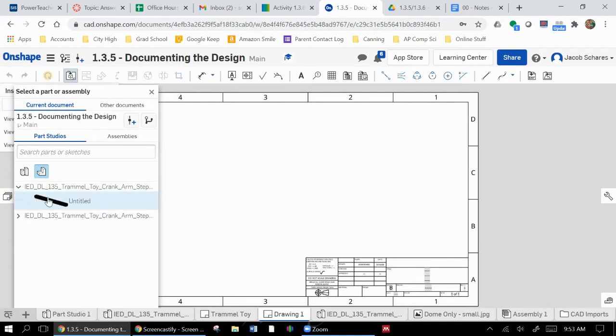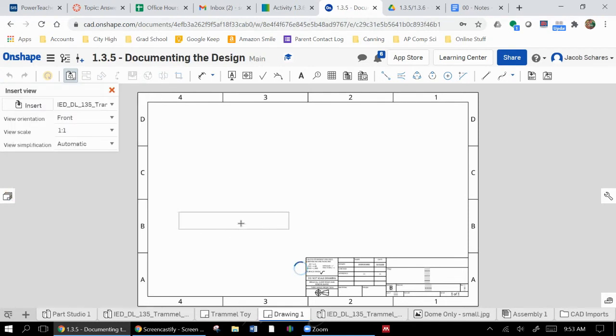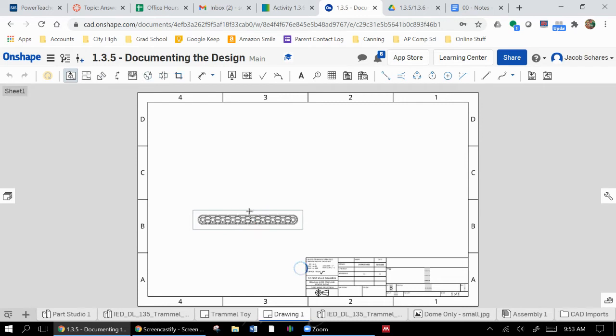So now I think I can select it. There we go. One thing to know, the front view is not the one you want. You can always change it later, but it turns out we want the top view. Once the preview loads, you'll see that's the view we were looking at. So we want a top view, which is actually going to be our front. And I want you to include this side view. And then we're still on the project tool, and we're going to project and make the